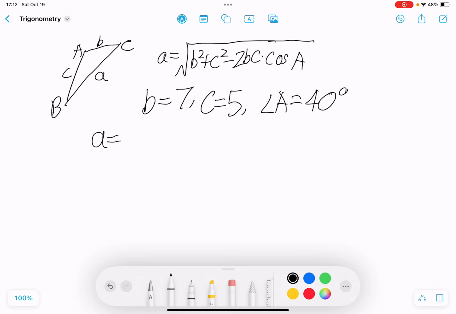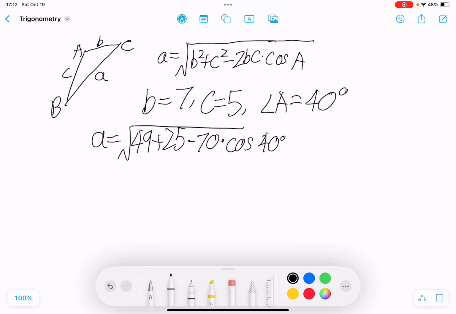We know that A is just going to be root of 49 plus 25 minus 2 times 7 times 5, which is just 70, times cosine 40 degrees. So let's just go to the calculator. So cosine 40 degrees is around 0.766. So if we evaluate this, it's 49 plus 25 is 74 minus 70 times this value. So let me just plug that in again. So that's around